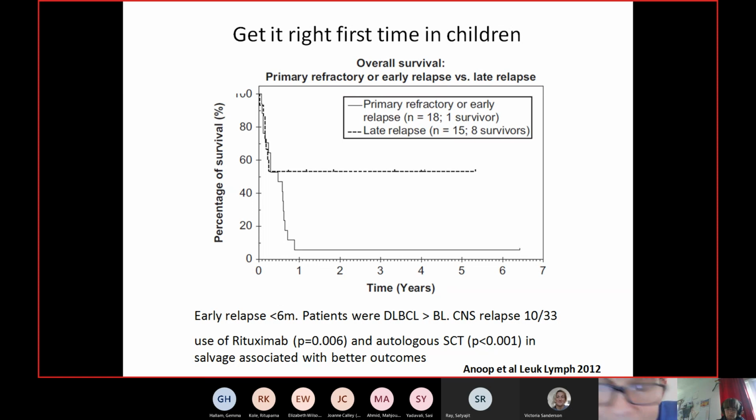And rituximab, not having had rituximab before, seemed to be in their favour, and using rituximab therefore in salvage was beneficial. So the risk of having a patient in an incurable situation is pretty high, essentially. So relapsed Burkitt's lymphoma is bad. So if we move on to the next slide,